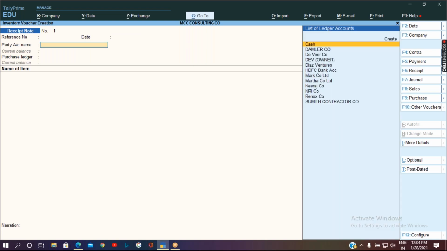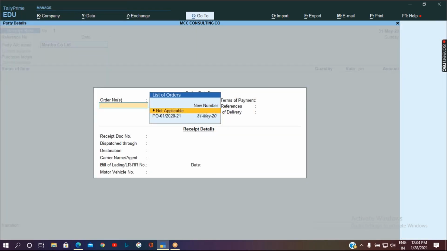We shall take the same party ledger that you selected with the purchase order entry. So we shall take the same party, Martha Company Limited. Here, make sure that you select the order number. As of now, in this entry screen, we have only the party ledger name before selecting the order number. Once we select this order number and accept the screen,